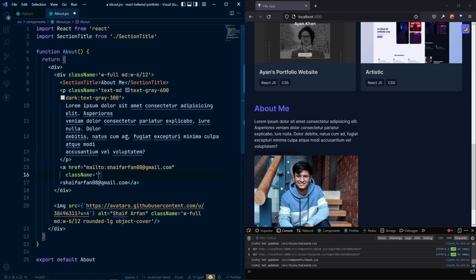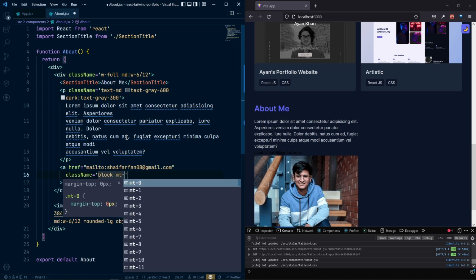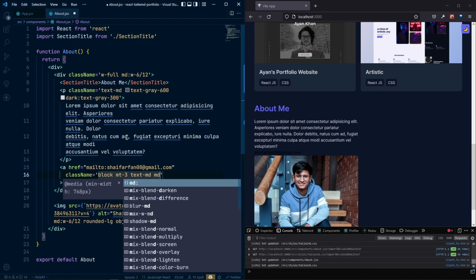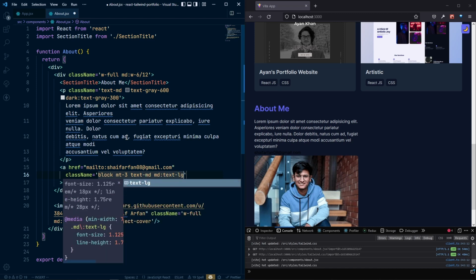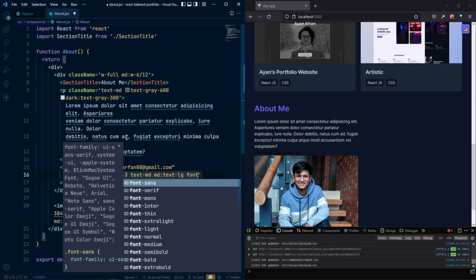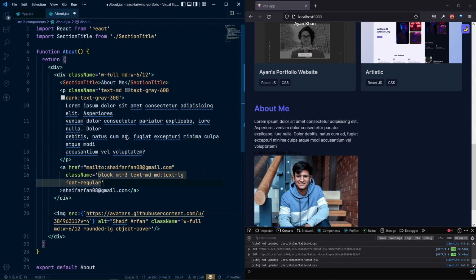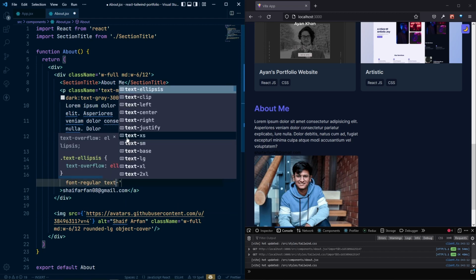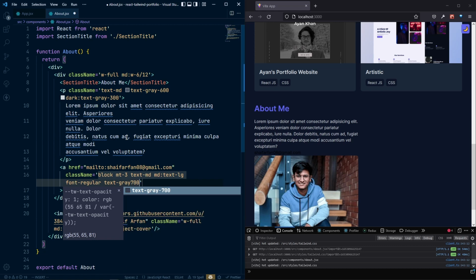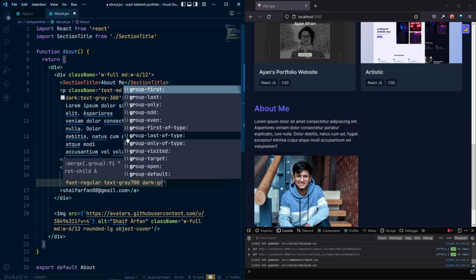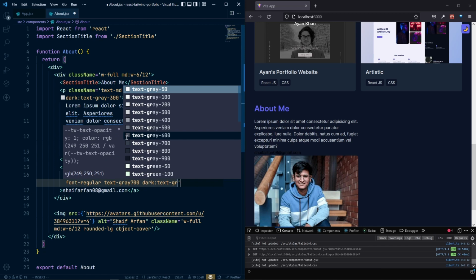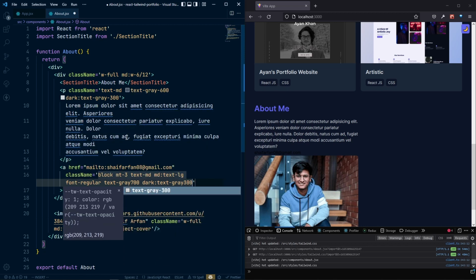So class name, let's say, first of all, we need to make it block, and margin top will be 3, and text will be MD, and for our medium to large, it will be text LG, and font will be regular, and beside that, text will be gray 700, and for our dark, it will be text gray 300, and